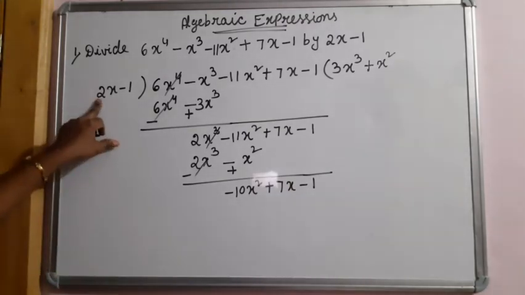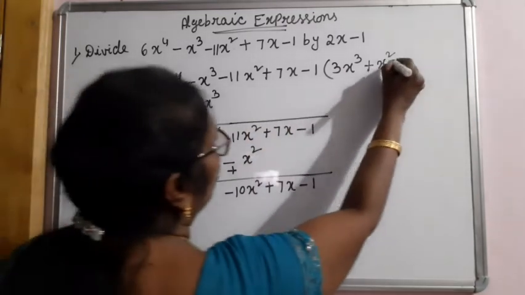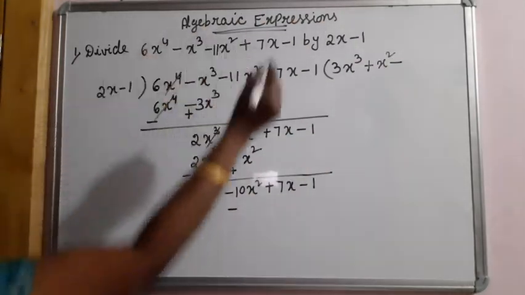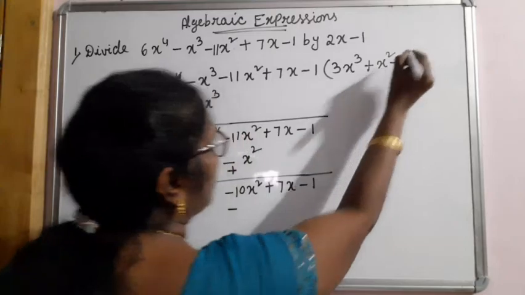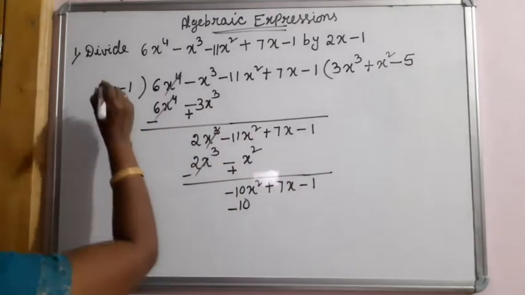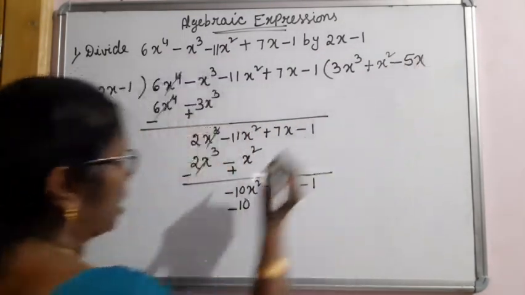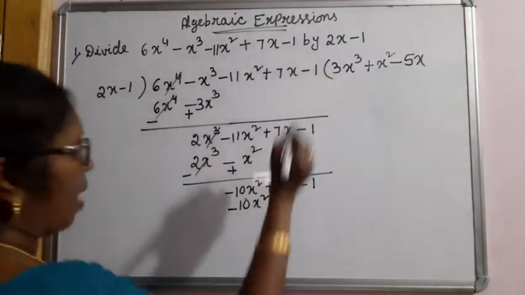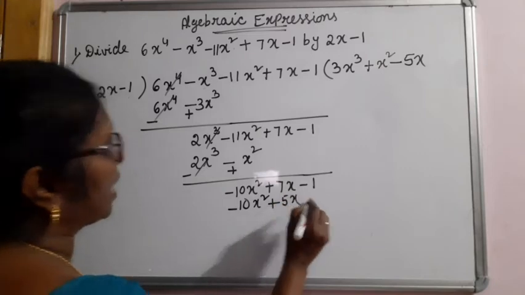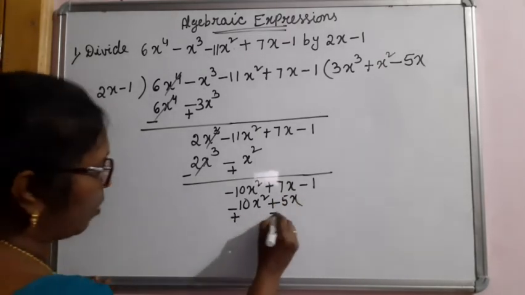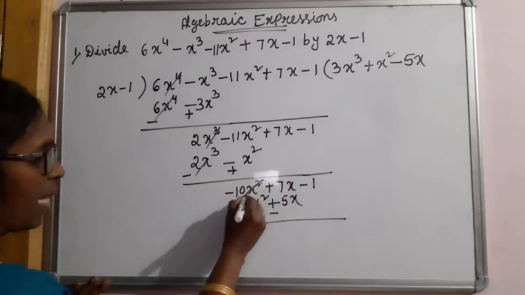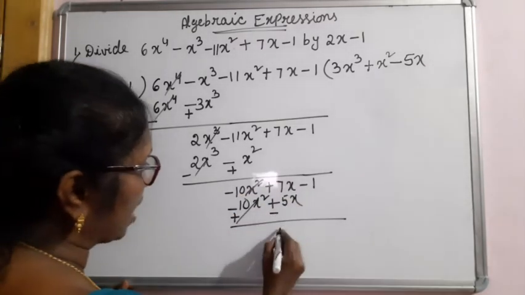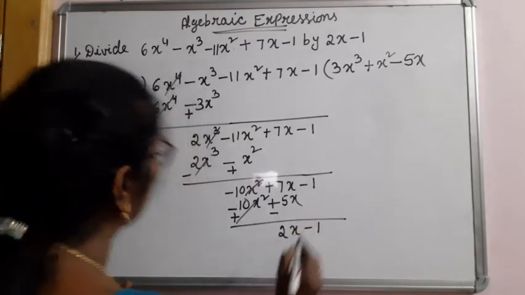Now let us see. Here is plus, here is minus. So we have to write minus, so that plus into minus will be minus. 2 into 5 will be 10. So let me write 5 here, 10. Here x is there, one more x will be written. So 2x into minus 5x will be minus 10x square. Minus into minus is plus, 1 into 5x, 5x. Now minus will be plus, plus will be minus. Minus 10x square plus 10x square is cancelled. And 7x minus 5x is 2x minus 1.